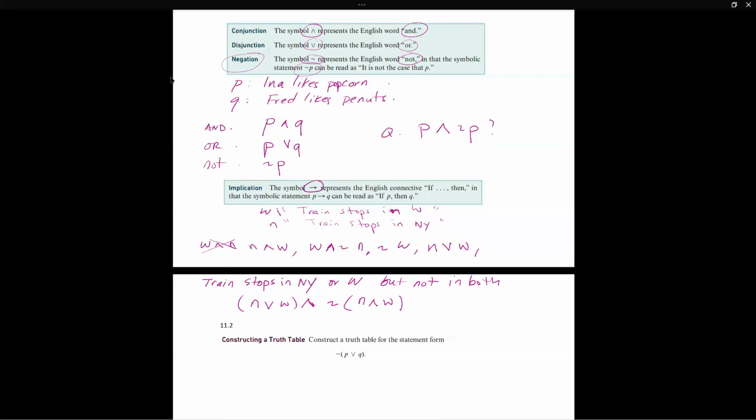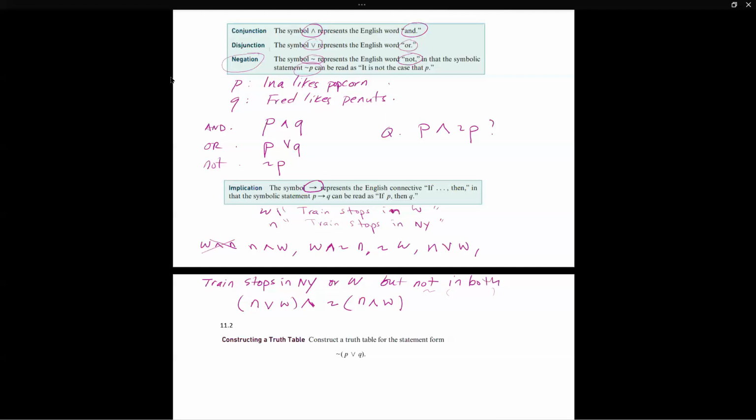So you see, not in both, it doesn't mean or, it means in this one and that one, right? So that's how the statement is written. So meaning, if you read the math, you can say the train stops in New York or Washington, but the train does not stop in New York and Washington, right? All right. So we use, just like we usually use in parentheses in math, this makes it super clear, these parentheses here.